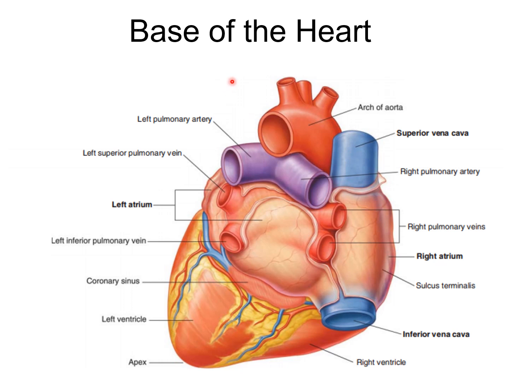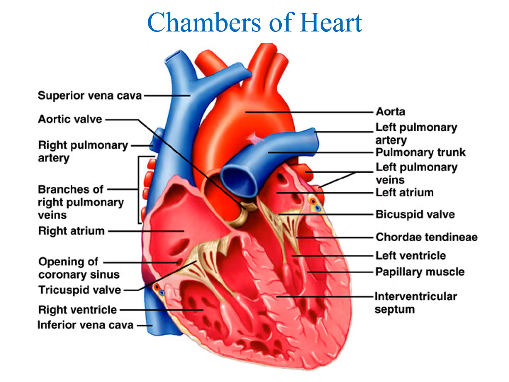So we have four chambers: right and left atria and right and left ventricles. The right atrium is almost anterior and the left atrium is posterior, forming the base, and the ventricles are anterior and posterior in the lower part. So when we take a transverse section of the heart we can see the four chambers. This is the right atrium, and this is the left atrium. For looking at the left atrium you have to dissect the great vessels as well.